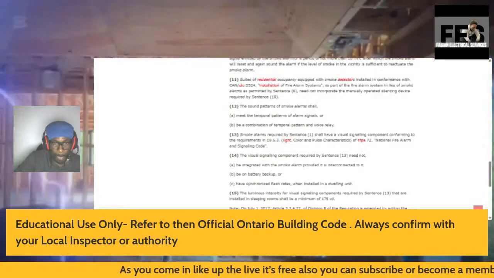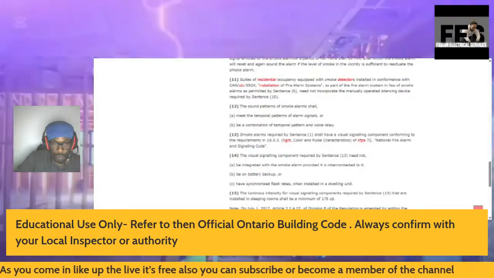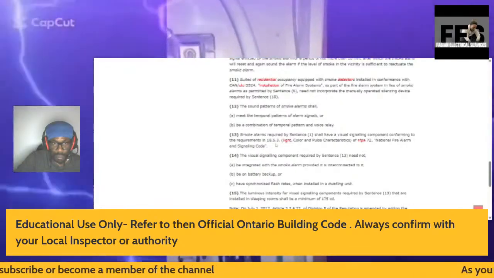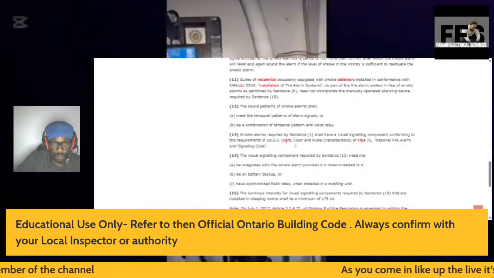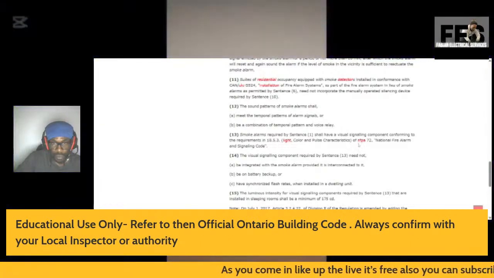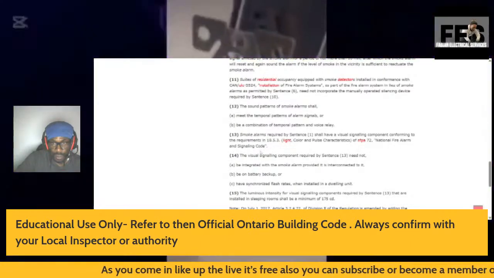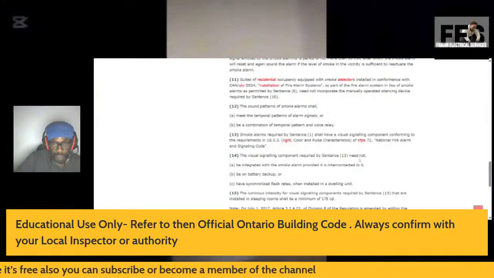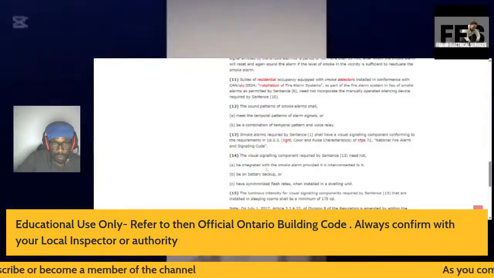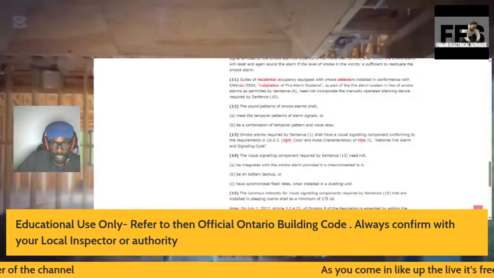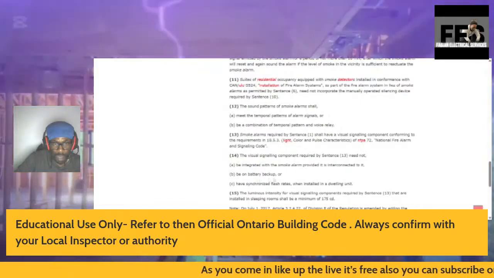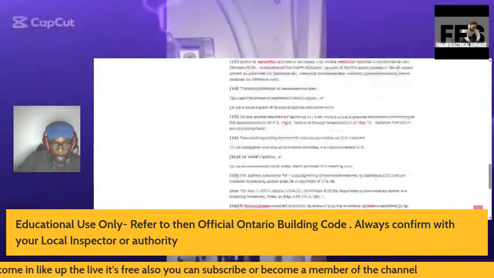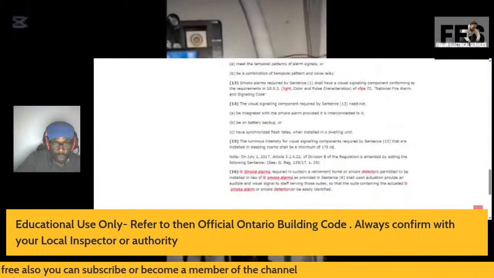Smoke alarms required by sentence 1 shall have a visual signaling component conforming to the requirements in 18.5.3, Light, Color, and Pulse Characteristics, of NFPA 72, National Fire Alarm and Signaling Code. The visual signaling component required by sentence 13 need not be integrated with the smoke alarm, be on battery backup, or have synchronized flash rates when installed in the dwelling unit. The luminous intensity of a visual